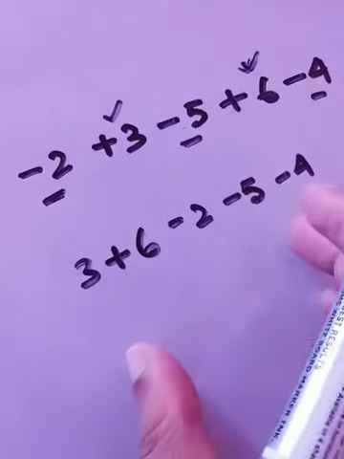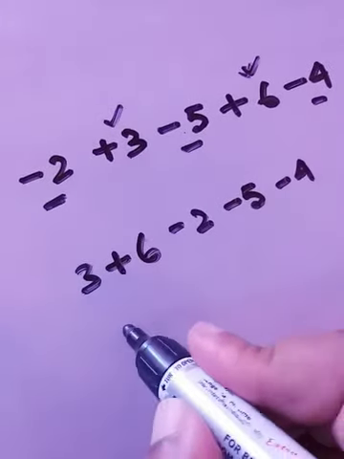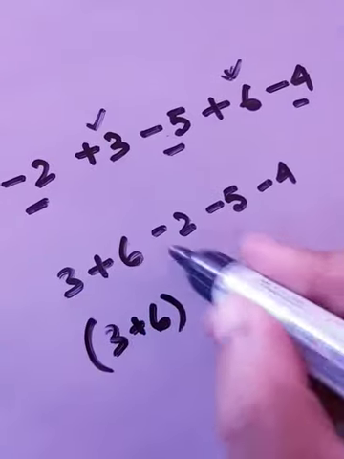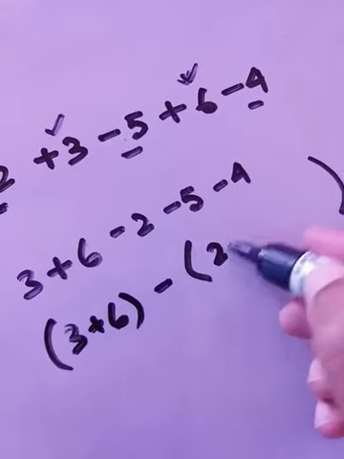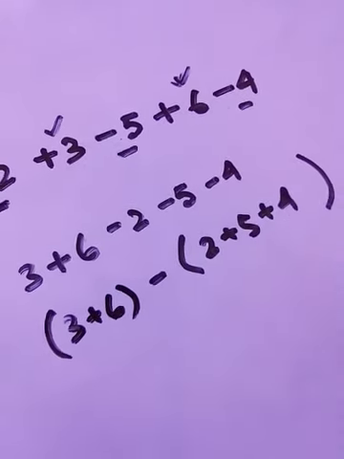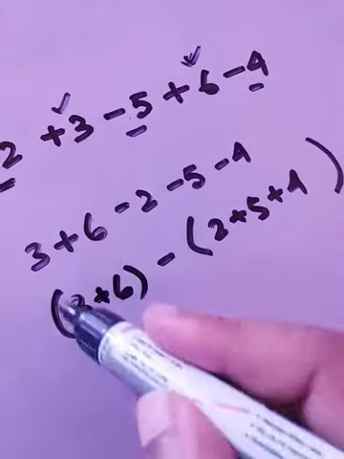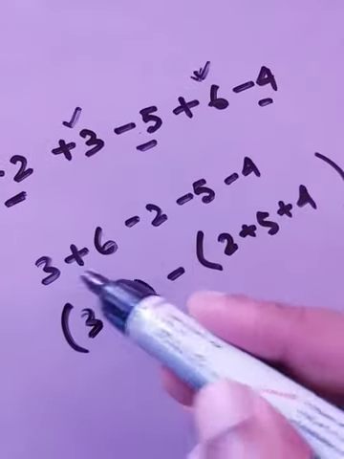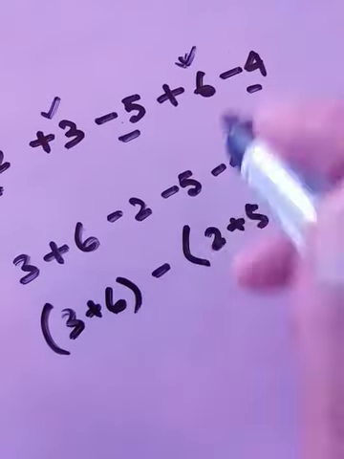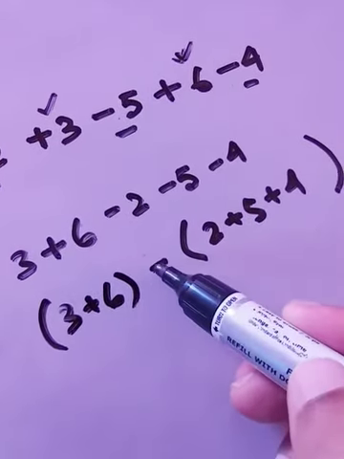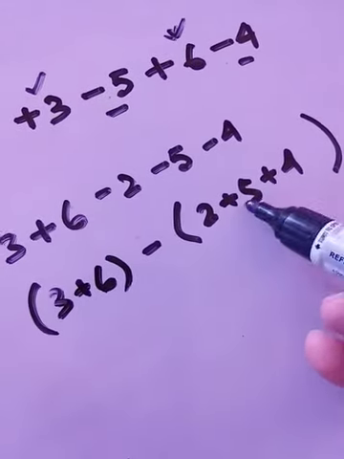Now there is another way that you can deal with this type of sum, that is to keep it inside the bracket. Now 3 plus 6, you just keep it inside the bracket, give a minus sign, and if you give a minus sign in this case, then you can write all plus signs inside. Okay, so this is very easy to calculate, isn't it? Once you have arranged all the numbers, you write one minus sign outside the bracket, and inside the bracket you can write all digits with a positive sign.